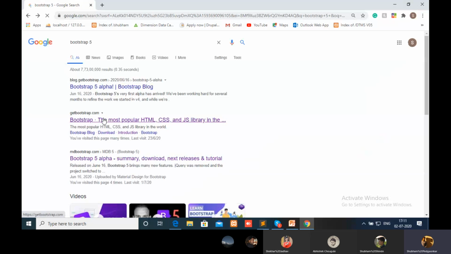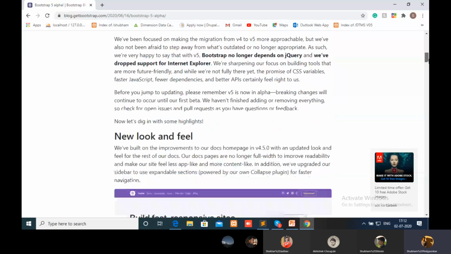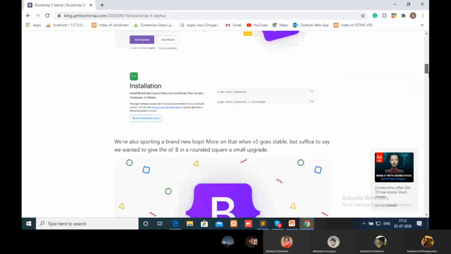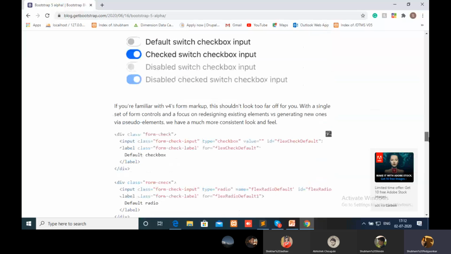Bootstrap 5 Alpha. This is the Bootstrap 5 icon, and here the zip file is present. Download it.